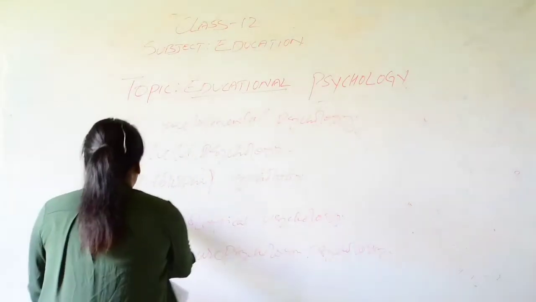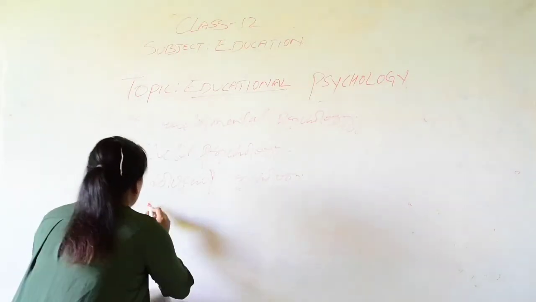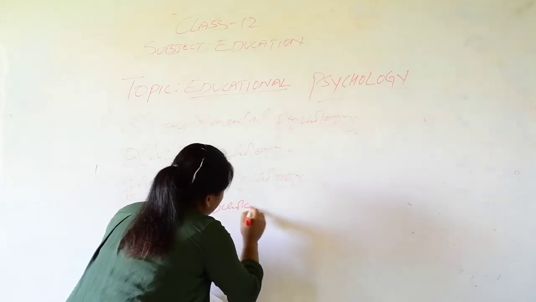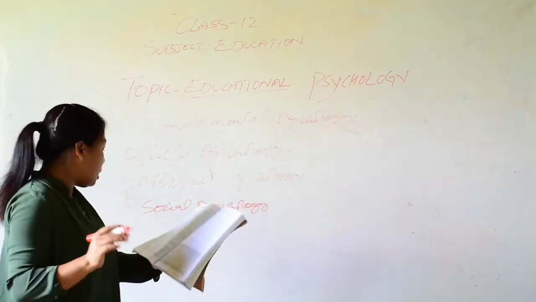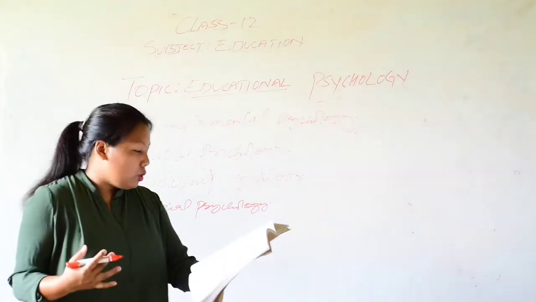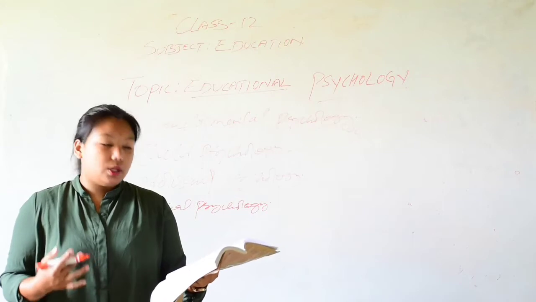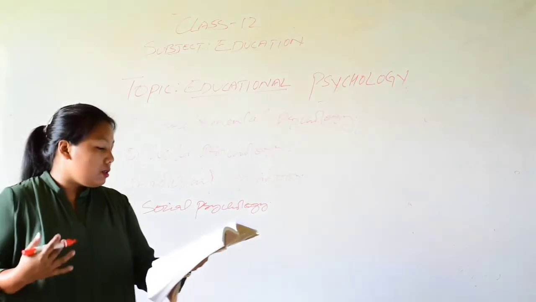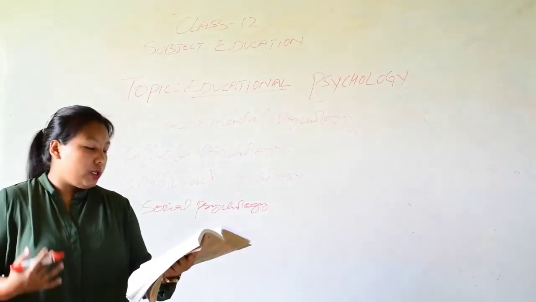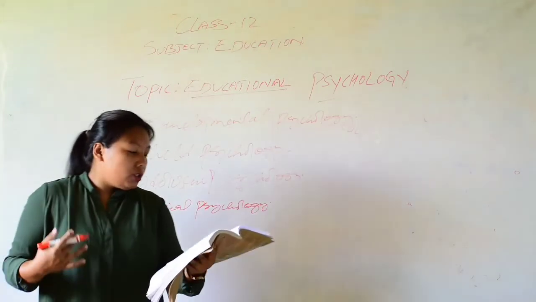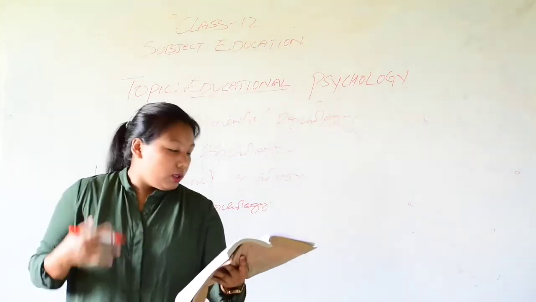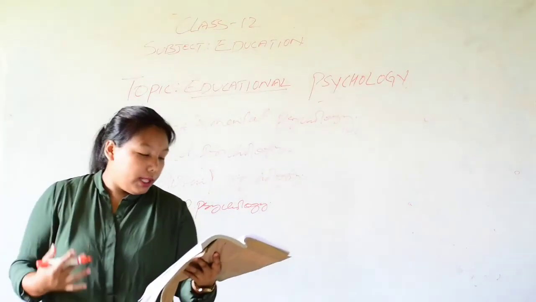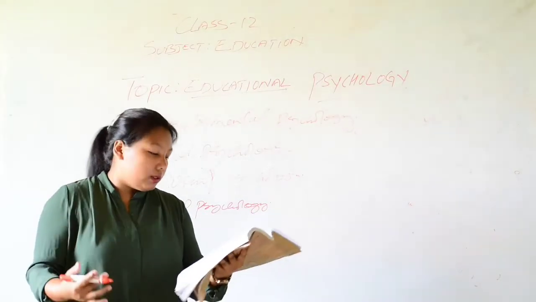The eighth point is social psychology. Social psychologists are interested in topics such as attitudes, conformity and obedience to authority, interpersonal attractions, helpful behavior, prejudice, aggression, social motivations, intergroup relations, and so on. So, social psychology is the scientific study of how our thoughts, our feelings, and our behavior are influenced by others.